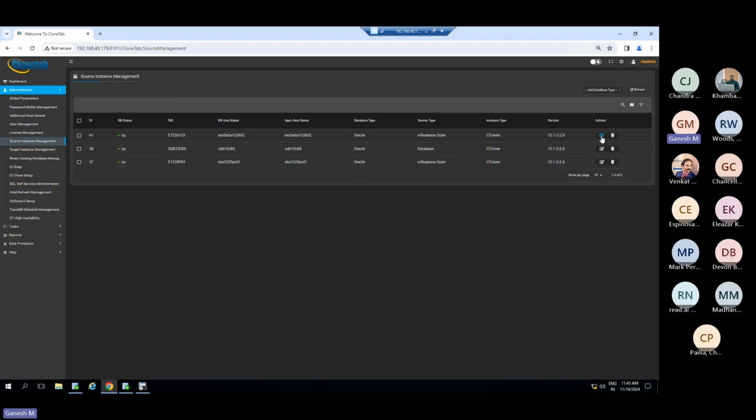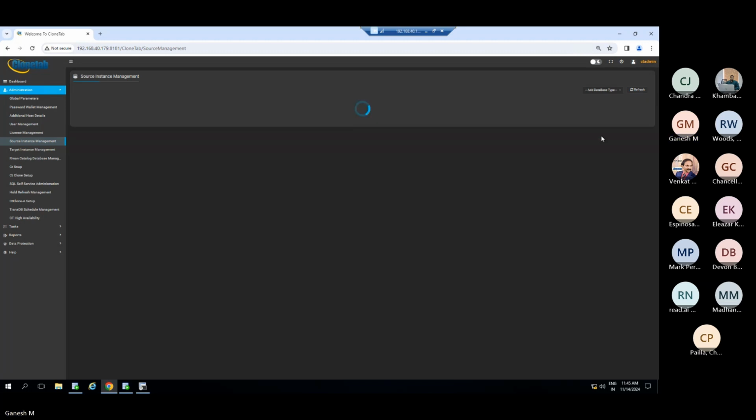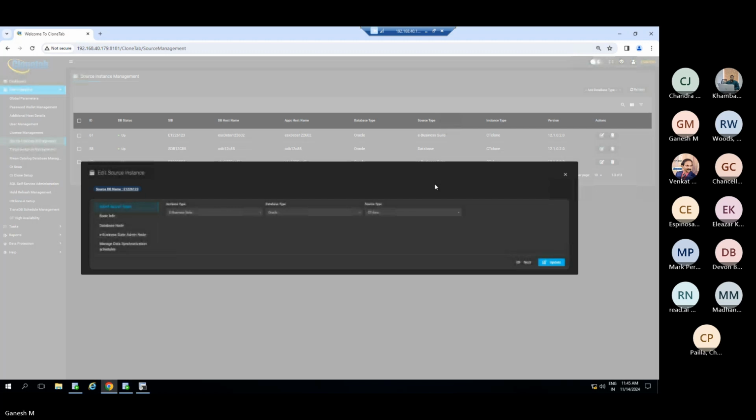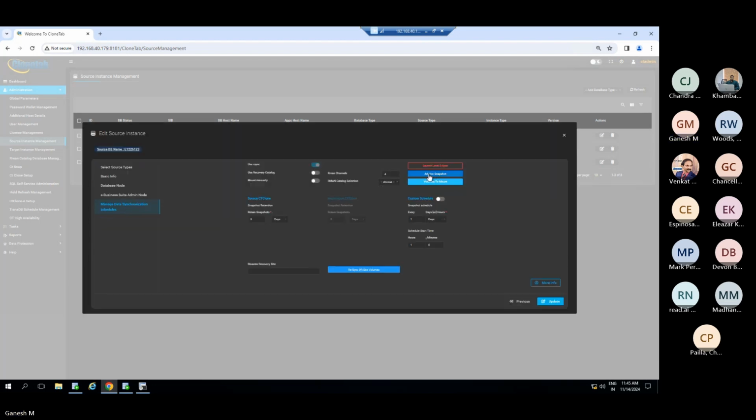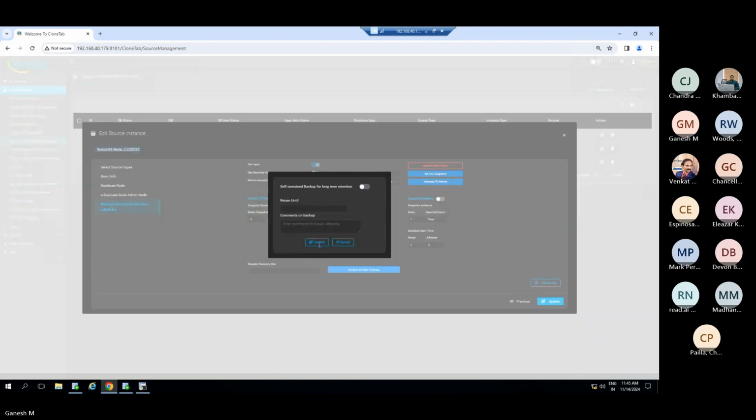We can click the actions button for the particular source where we want to launch the ad hoc, go to manage data synchronization schedules, and here we have a button called ad hoc snapshot. Click this button and we can launch. If we want to add any comment for this ad hoc backup, we can add the comments here, and we can launch the backup.